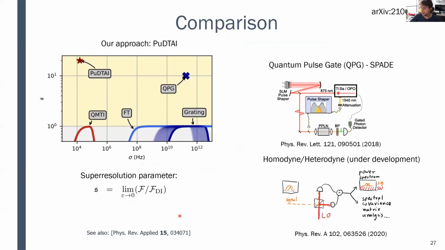Now we can define exactly like that the super resolution parameter. And this is a very important part to mention, that the filtering of the Hermite-Gauss part has also been realized in a nonlinear crystal, which is called the quantum pulse gate protocol. However, in our protocol, we achieve a very similar performance, yet at a vastly different frequency scale, which also translates to a much higher spectral resolution, the kilohertz level rather than the terahertz level.